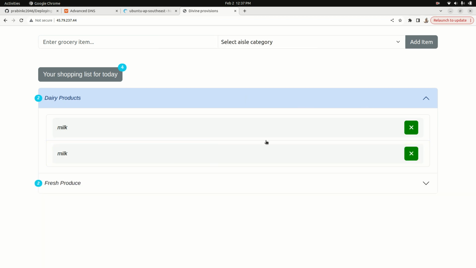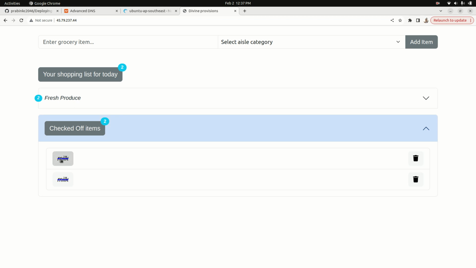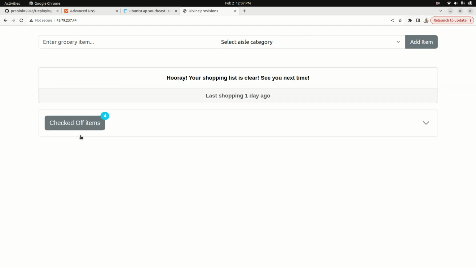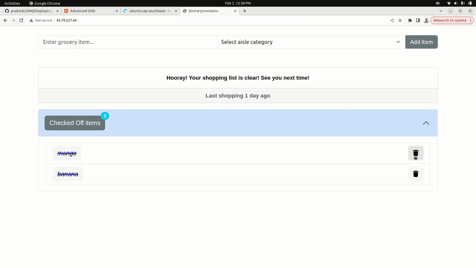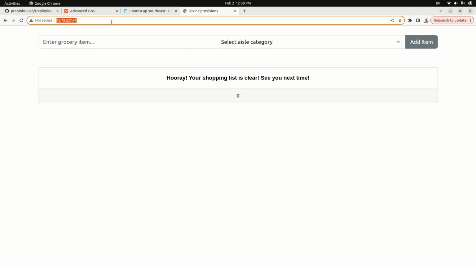So it's working. Now let me remove from here, and you can see the checked off items, and if you want to put it back, it goes back. Let me remove all from the category, and once removed from all, we get a different UI, and let's remove it from here. Okay, so our app is now available,